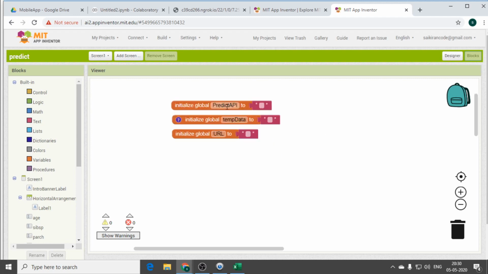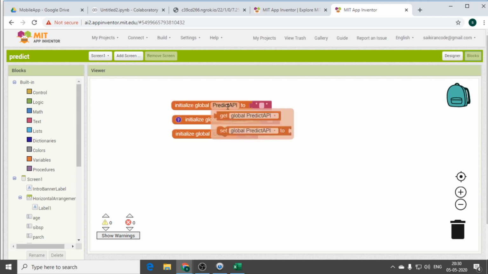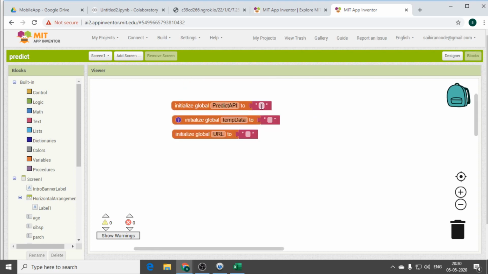Yes, can you spot predict API here? Can you see this? Here in predict API, you need to give the URL. What is the URL? That URL we have got from ngrok.